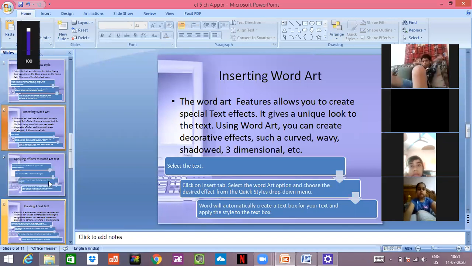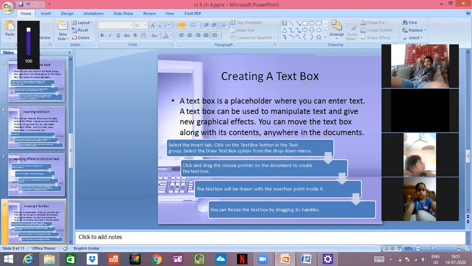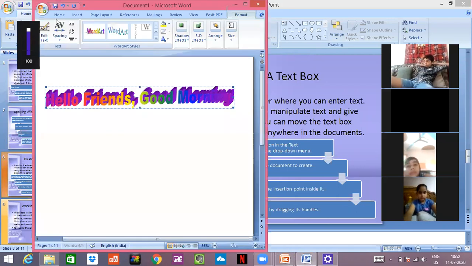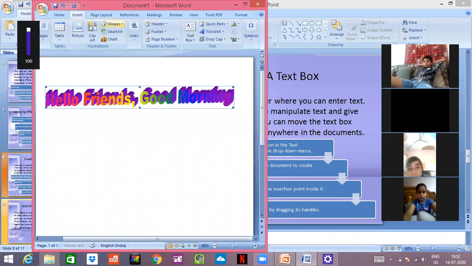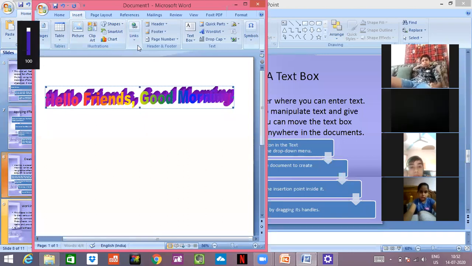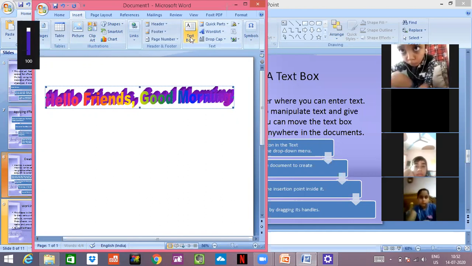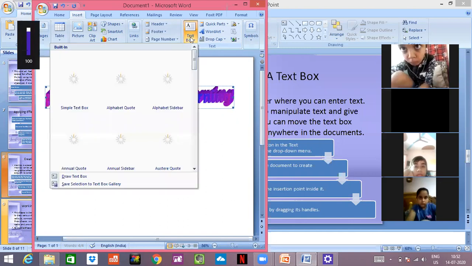Okay. Now creating a text box is a good option. I'll show you how to create a text box. You have to go again to the insert option. After going to the insert option, click on this, where you see an A written and lines drawn. This is your text box. Just click on this option.